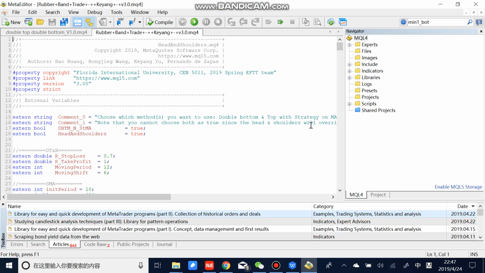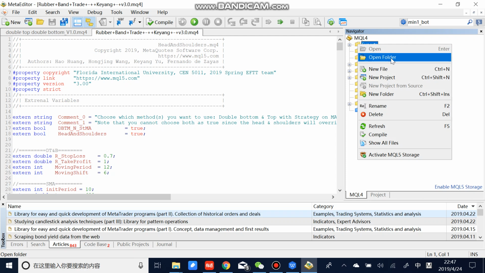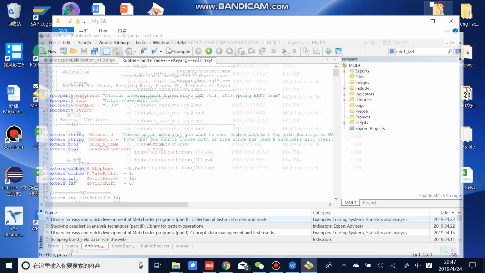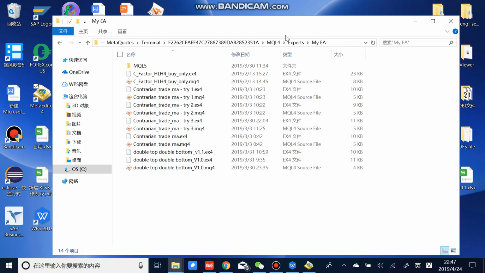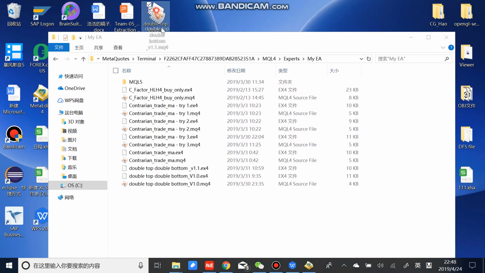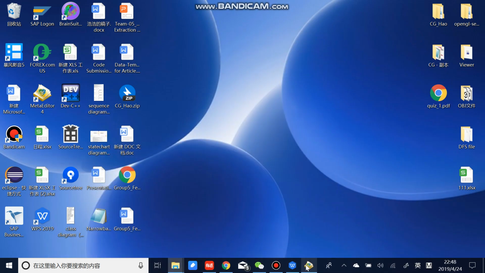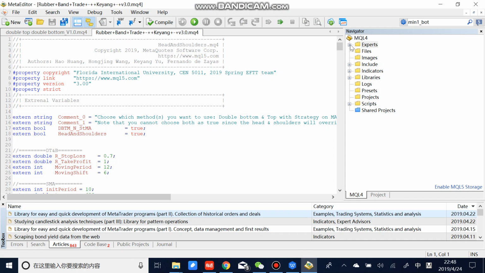And from the interface, we can see here the exports folder. And we click the right button and we open folder. So we can see all the EA, and we can join the EA to the folder. Okay, let's open it again. We can see